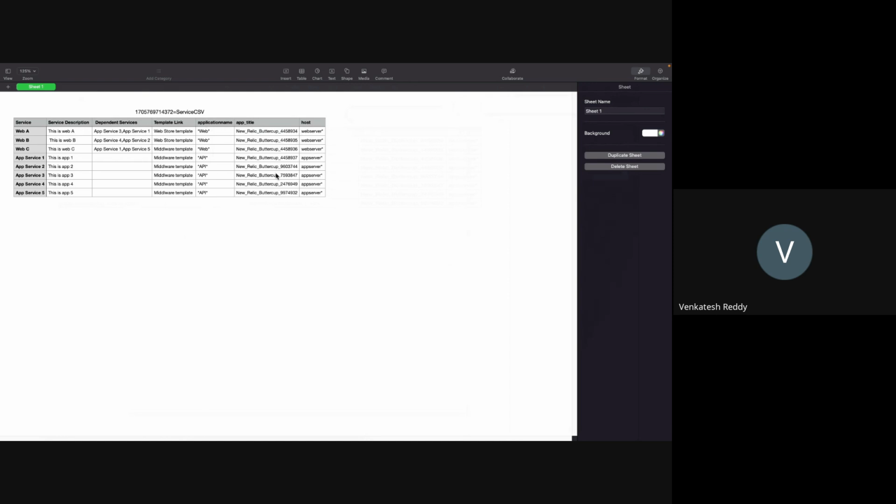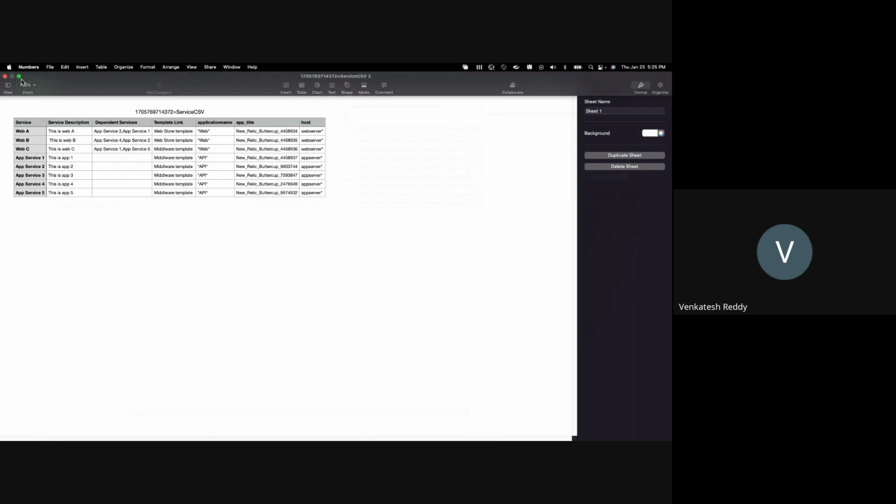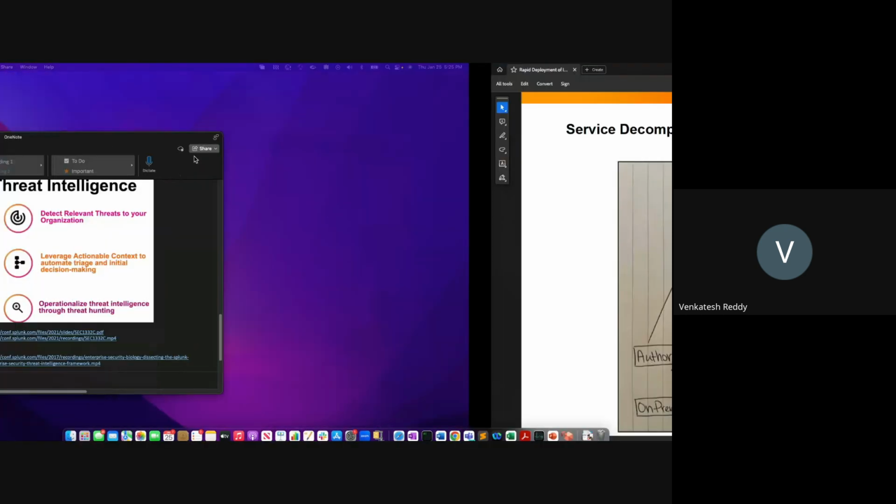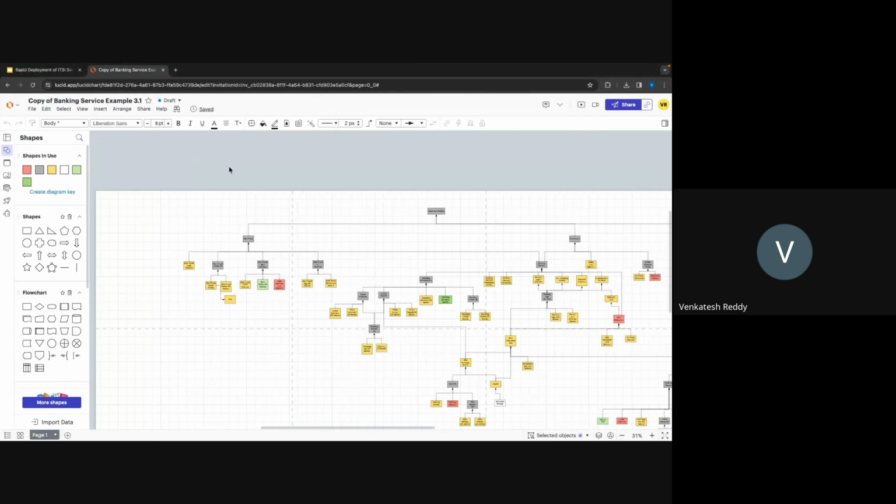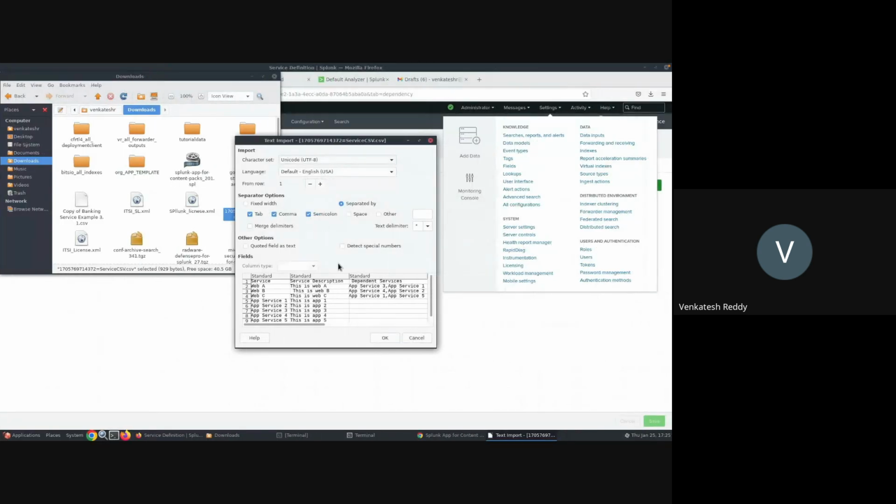These three are mainly for the entities, and the service description and dependent service are for the service. So I want to export the CSV file. Okay, yeah, now it's open. So this is the CSV file.